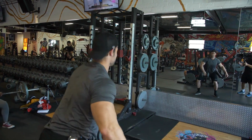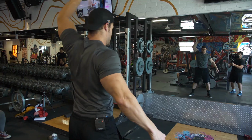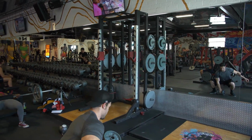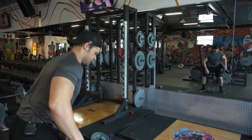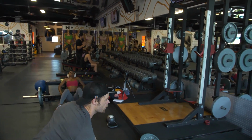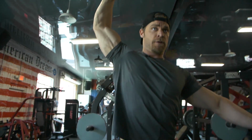You can tell too, the dumbbell, as you pull, you wanna have it a nice straight pull. You don't want it to come out away from you, because that's gonna create too much extra motion in there. Then you're gonna have to create some pull in the shoulder to bring it back to that kind of top position, that center position. So really try to have that nice straight pull up the body, and then flip and